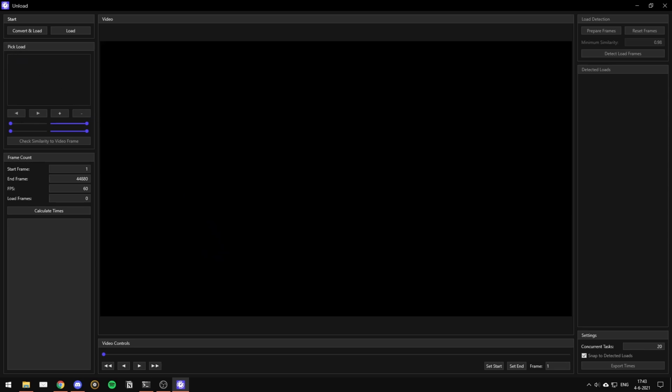Up in the top left, we have the pick load panel. This panel is going to be used for selecting a load frame to compare to so that we can find it and detect every load frame. This frame count panel is for selecting on what frame the run starts, on which frame it ends, and eventually calculating the final time. This load detection panel in the top right is going to be used for actually detecting every loading frame once we have selected one. This detected load panel will eventually give us an overview of every load frame that's detected,